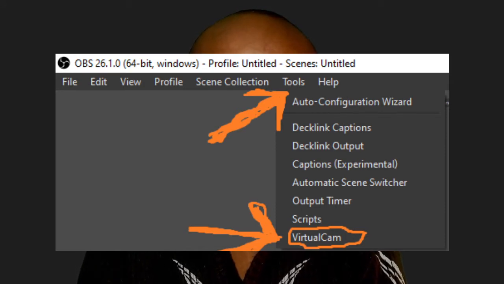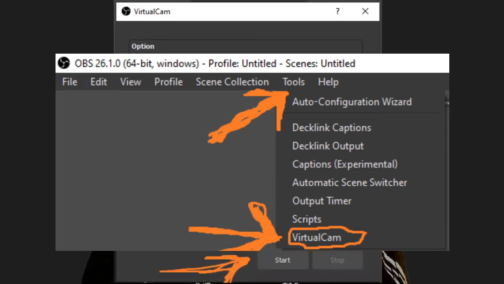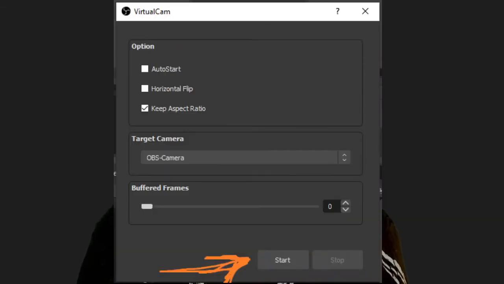tools. Once you go to tools, at the very bottom you will see virtual camera. From there you click virtual camera, virtual cam, and this is what will appear. This screen will appear and you have to click start. Before clicking start, you make sure everything looks the way it is now on my screen.